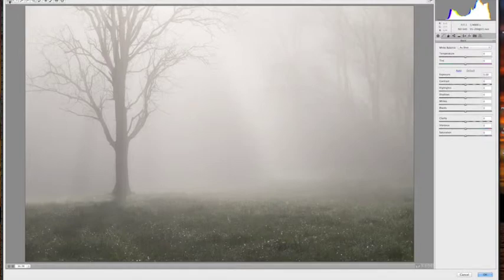So to get back, I've gone over and hit the zoom tool, which takes you back into your global adjustment panel. So the first thing I want to do is tone this down a little bit. I think it's too bright. I deliberately chose to work with a brighter image. I did bracket this scene, but I wanted to use as much data as possible, and it's much easier to add darks into an image than it is to add light into an image. When we add light, you tend to add noise,